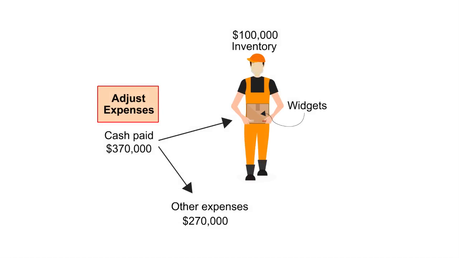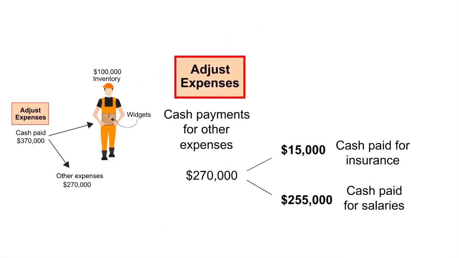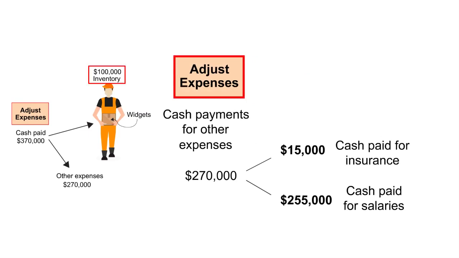And when it comes to those expenses, we're going to have to adjust them. An example, total cash paid, $370,000. But we had the inventory. We had widgets, and we had other expenses of $270,000. We're going to have to factor that in. And of course, we have to make adjustments to the cash payments for inventory, which were recorded as $100,000, but we had some other items. We bought items that we received before the year end and we owed the money. We didn't pay it until later. So that also has to be factored in. So those are some of the items that have to be adjusted as we go forward.